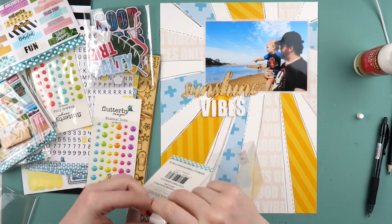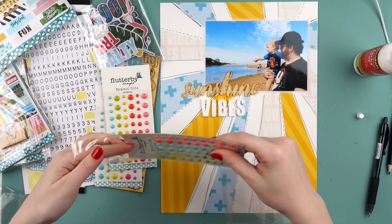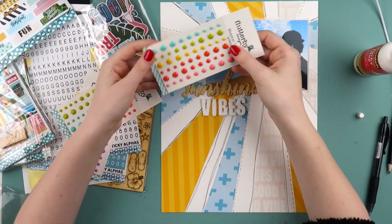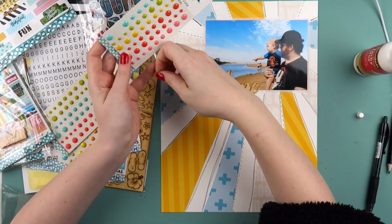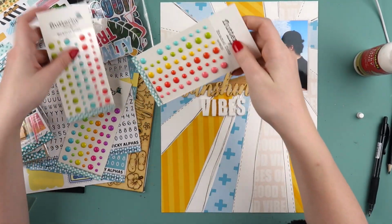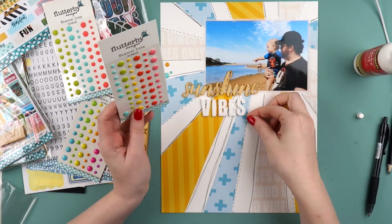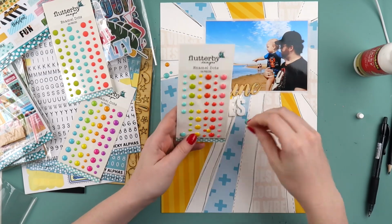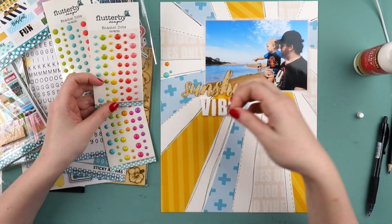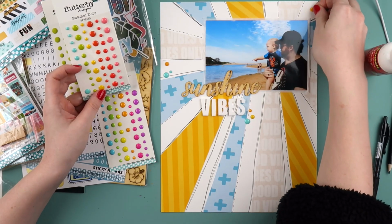Then I'm going through, I've got lots and lots of enamel dots from Flutterby Designs from various collections, and I'm just going through and trying to use the yellow ones and anything that's a bit orangey or turquoise. I used to use enamel dots a lot more, and I think it definitely was before I got my tiny heart and star punches, and I think they have replaced my previous use of enamel dots,